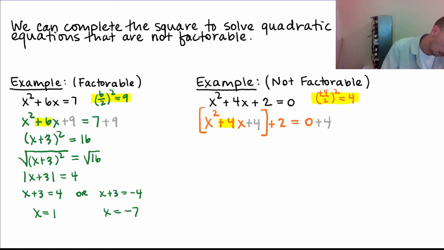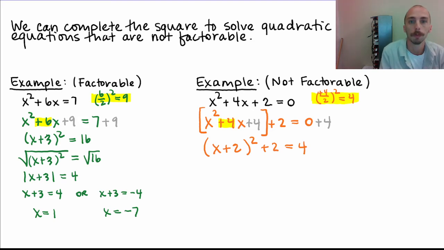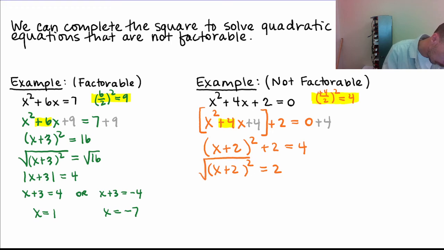Okay. And now I will factor. Okay, this is going to be x plus 2 times x plus 2, so x plus 2 squared plus 2 equals 0 plus 4, which is going to be 4. Now I'm going to subtract 2 from both sides to isolate the square. Then I'm going to take the square root of both sides, and I'm kind of running out of room here,